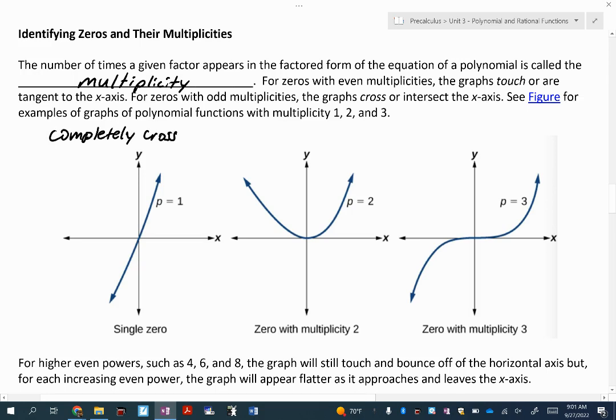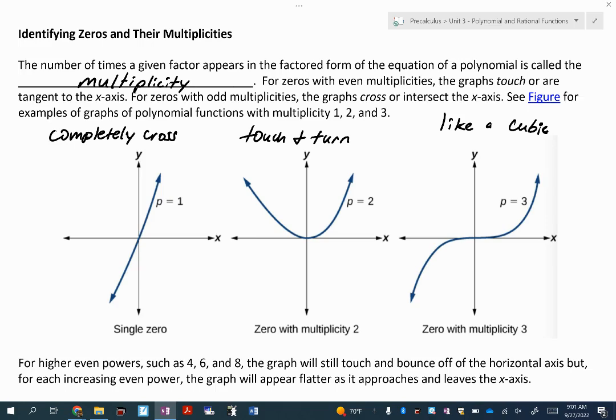A zero with a multiplicity of 2, as I mentioned before, is a double root. We call this the touch and turn. And then when it has a multiplicity of 3, you'll notice this looks like a cubic function, or a cubic zero or root as you see it. So it does completely cross, but it has that kind of inflection as it goes